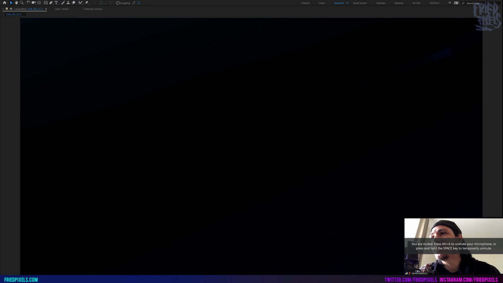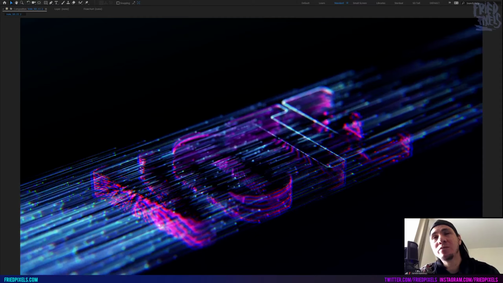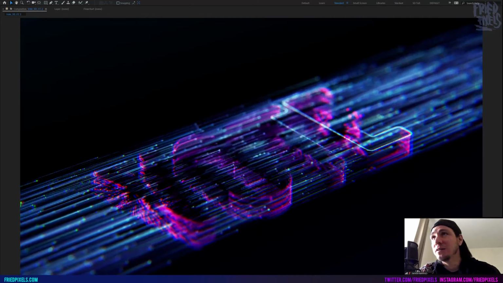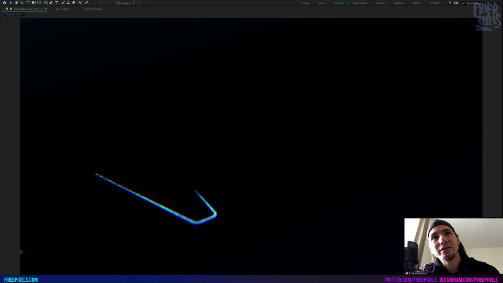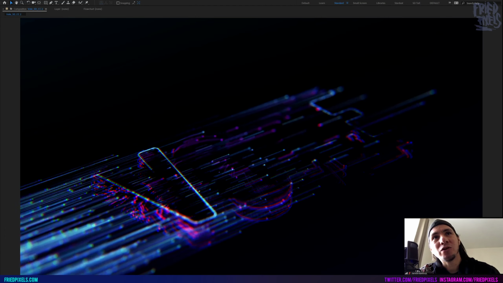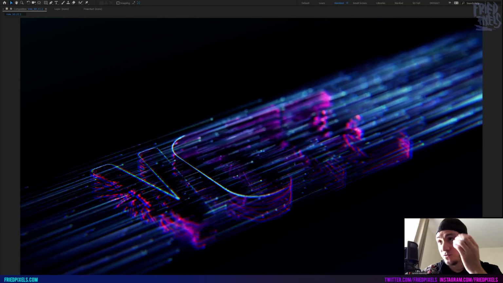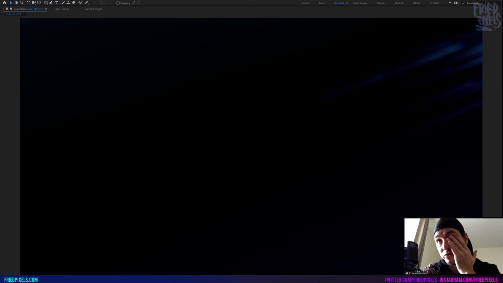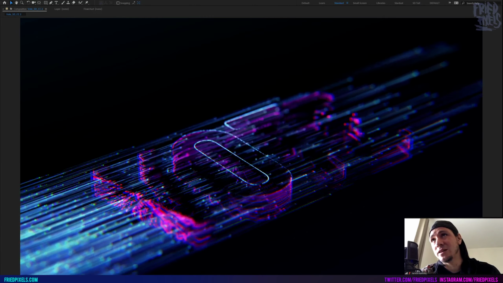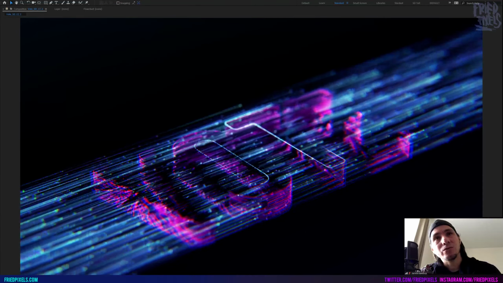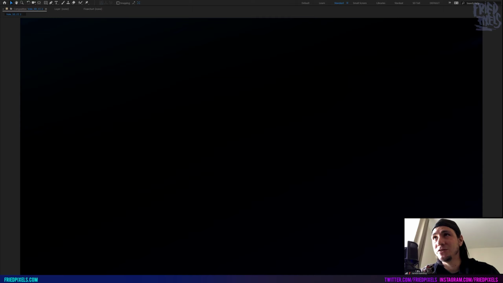So this is the animation that I am going to talk about today. I've got a lot of people asking about how I put this together, so I thought I would share a couple of tips on how to make this sort of thing. It essentially is two types of particle emitters. There is the one chasing the letter forms for vote, and then there is the secondary particle system that is coming across the screen and interacting with the typography. That is really the only complicated portion of this. The other part is really simple and easy, as you'll see when we set it up.